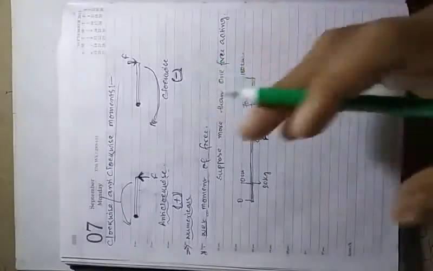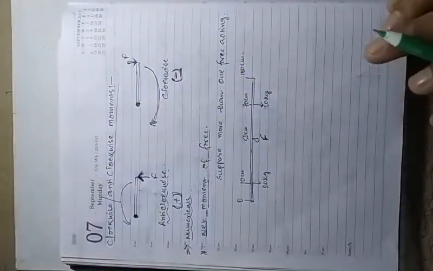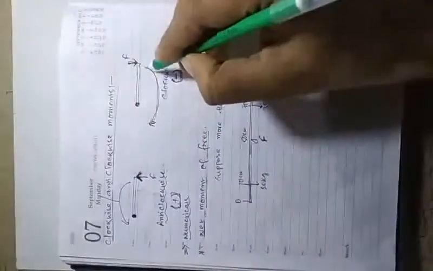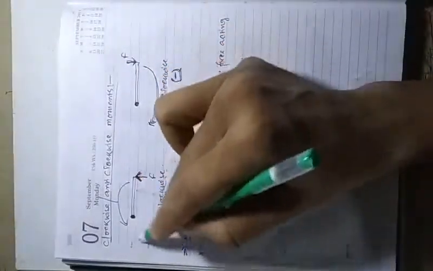So let's solve a numerical which is very important, and generally this kind of numerical comes in your exam. A 1-2 mark short question used to come, that if it is clockwise, then which sign will we use. You can see that is clockwise and that is anti-clockwise. So use your basic concept. Let's move to the numerical.